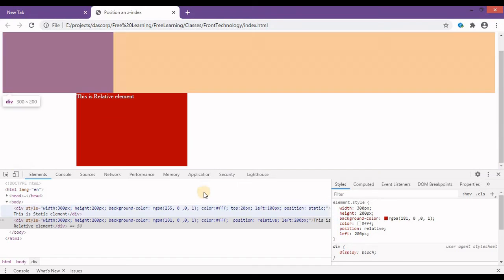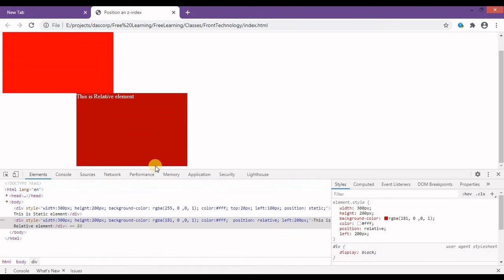And it is getting that left value, which is like 200 pixel at this moment. And as you can see, this is the basic difference between static and relative positioned element.